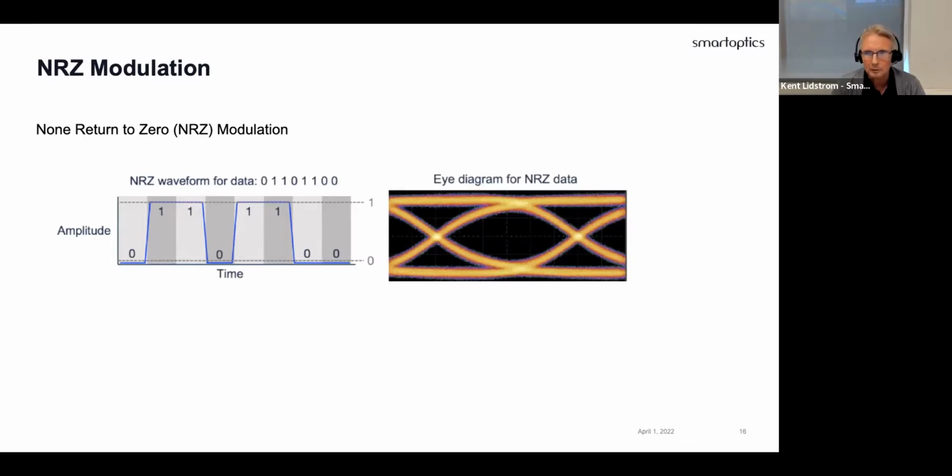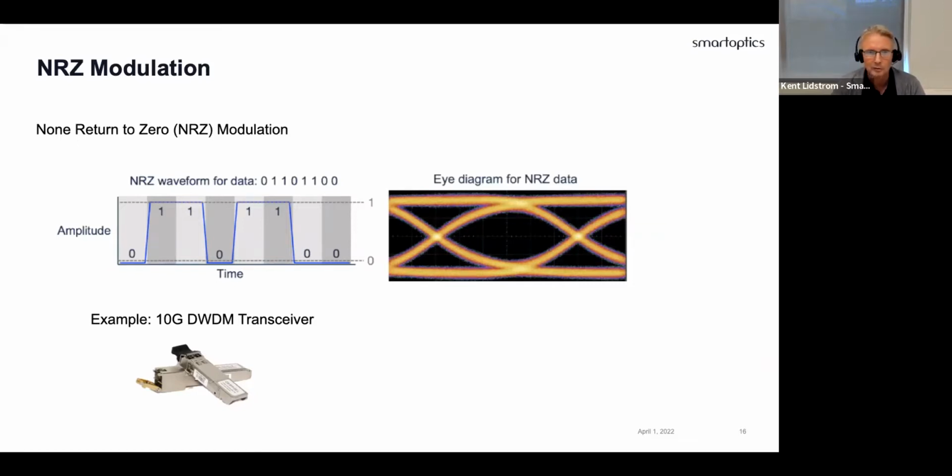If you look at the criteria for a transceiver, the lower part is the 0 level and the top part is the 1 level. And in each time slot you have 1 bit representation. If you jump to the next slide, some examples of this are 10 gig DWDM transceivers or 10 gig LR4 or LR transceivers. They are all based on non-return to zero modulation. This used to be the only modulation format up to maybe 10 years ago.